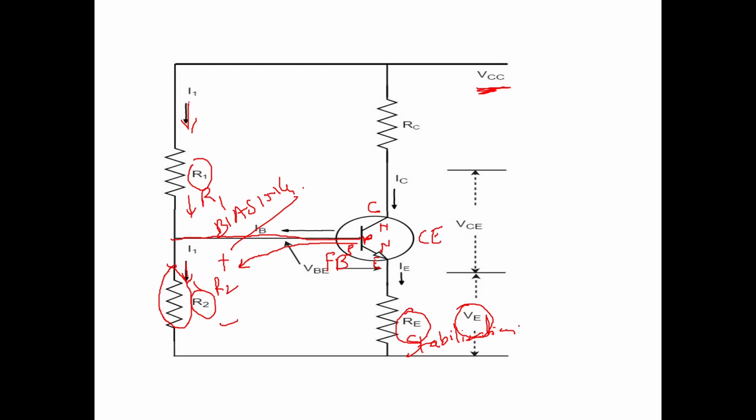Then we have seen what is stabilization. Then we saw what is stability factor. Okay, and then we saw a prominent circuit of biasing, which is called voltage divider biasing, which is used in many applications for a transistor. Okay, so where you use resistors R1 and R2 for biasing. So that is a network, a circuit which is used for applying the proper DC voltages to the transistor so that it is biased properly so that we can use that transistor in a particular mode for a particular application.